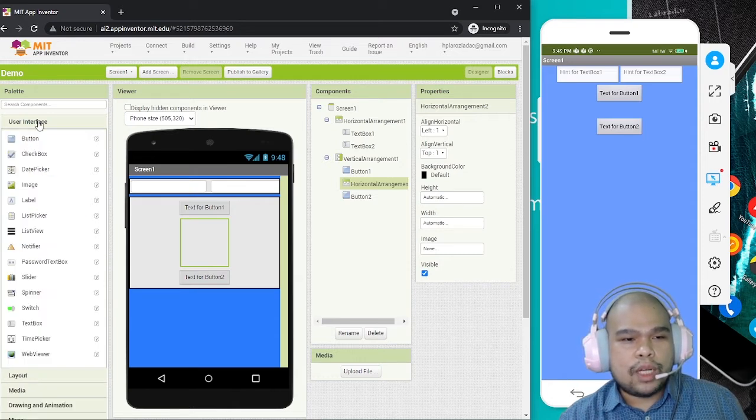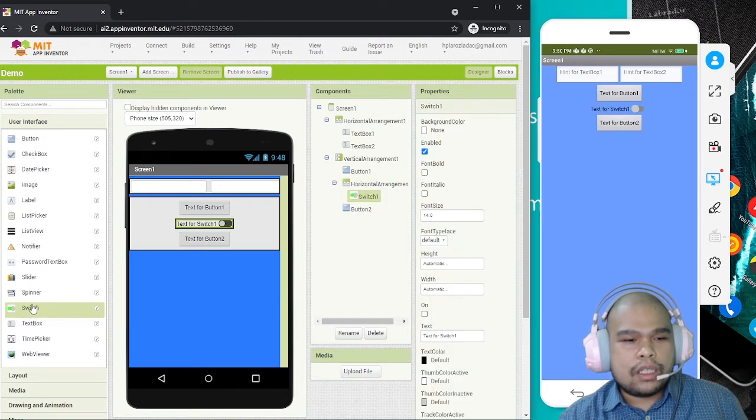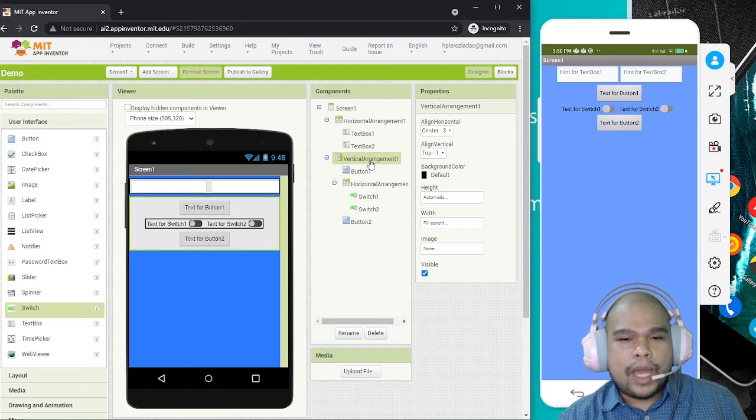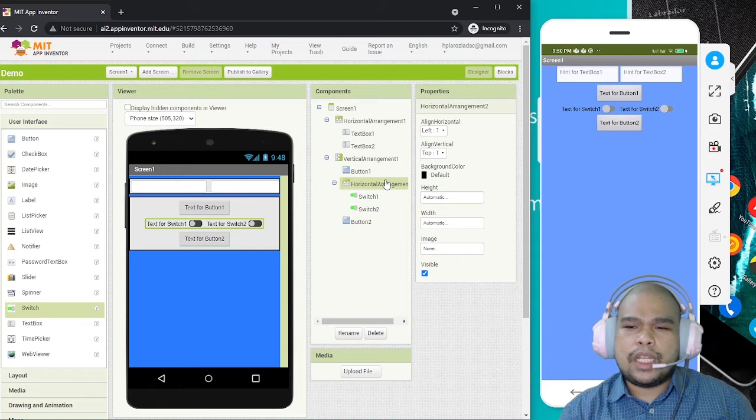So, let's say we put a switch inside. Let's put a switch here inside. Ayan. So, you can see, guys, we have this kind of arrangement. The parent for these 4 components is in a vertical arrangement. You can see it there. Then it has a child component inside. So, this is basically the purpose of our